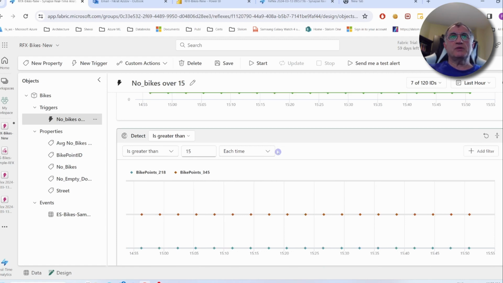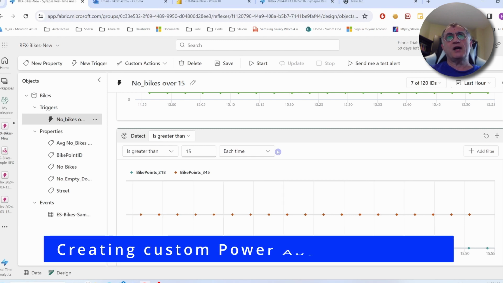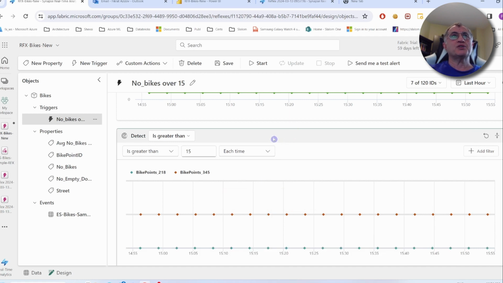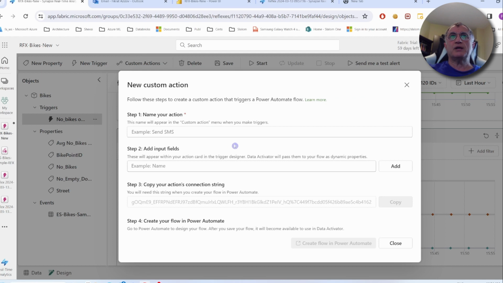All right, now that we know how to create basic properties and triggers, let's create a trigger with advanced actions. For that, we'll need to have custom actions functionality, which we can access from the top. I'm gonna use the create button to start a new custom action window. I'm gonna name my action